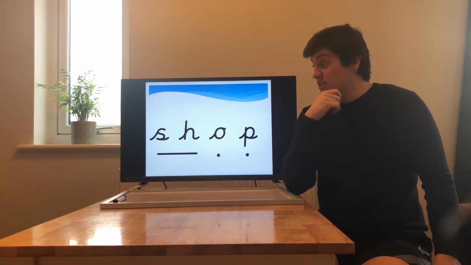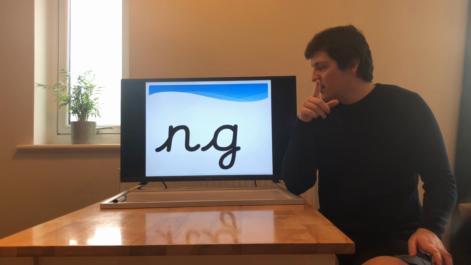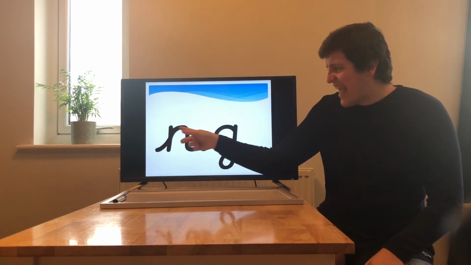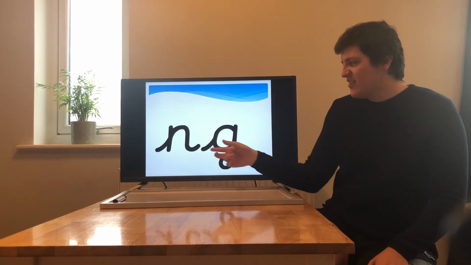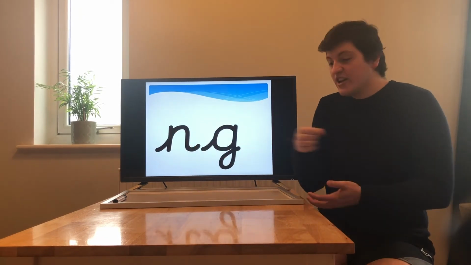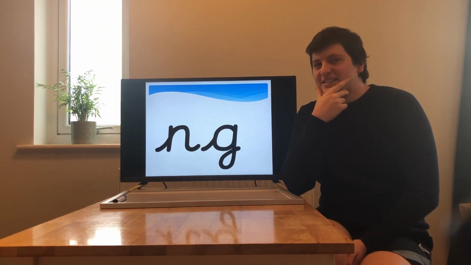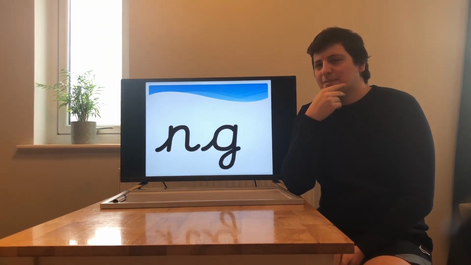And the next digraph is going to be, ooh, it's made up of the letter N and the letter G, the n and the g sounds. And do you know what digraph that is? What sound does it make? It makes the